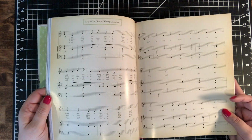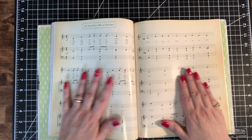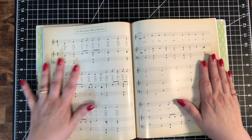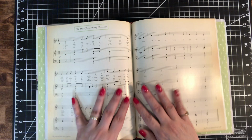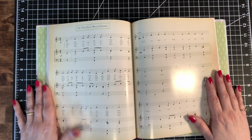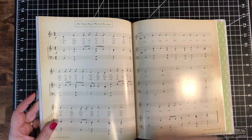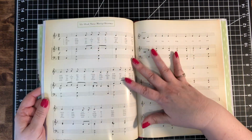But it's also got stuff like this. Now it does have the very glossy pages, and I know there's a technique you can do, something you can put over it to unglossy it a bit. I can't remember what it's called. If any of y'all know, let me know. Seems like there's something you can paint over the top of it to dull it down, but these